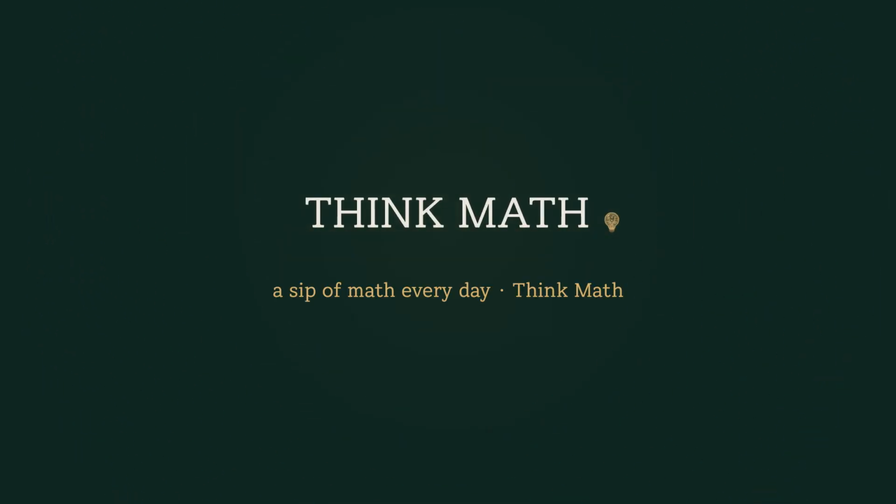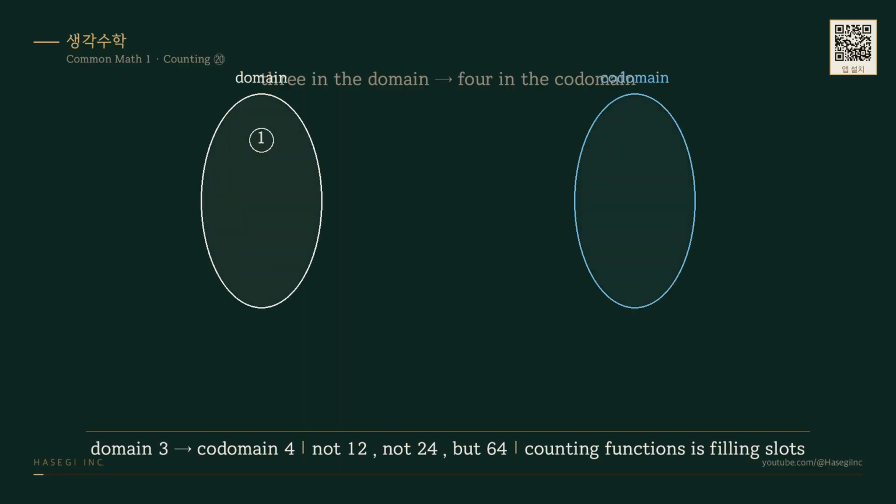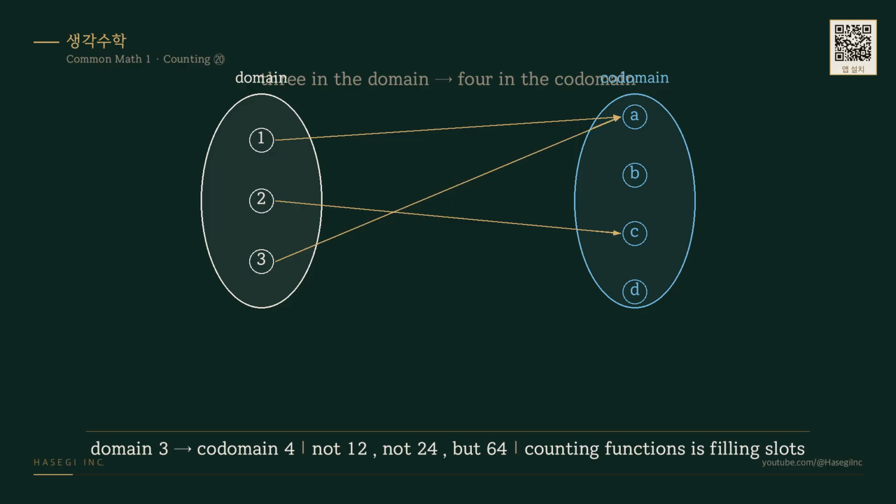Think math. How many functions are there from a domain of 3 elements to a codomain of 4? The answer is 64. Not 12, which is 3 times 4. Not 24, which is 4 times 3 times 2. 4 cubed, 64. Follow where that number comes from and you will see that counting functions is really a matter